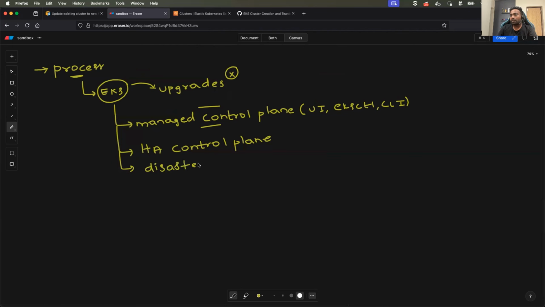So it takes care of high availability, disaster recovery, security, and even scaling up your API server. Let's say your Kubernetes cluster receives a huge number of requests. It will also take care of the API server scaling to handle the requests. That's why we call it a managed Kubernetes cluster, where it manages the control plane, but upgrades are something